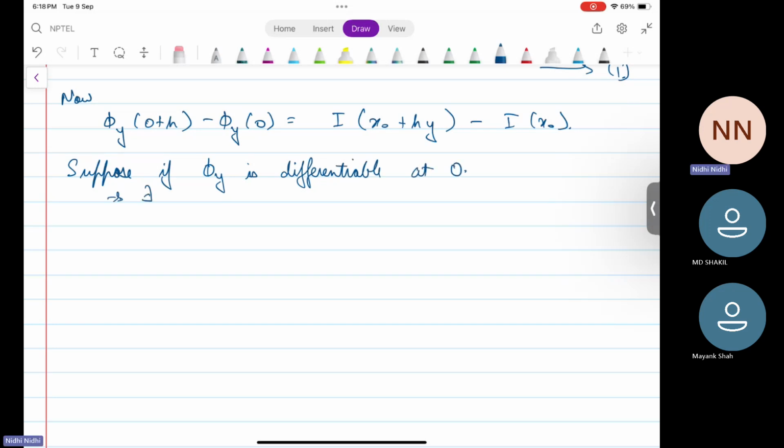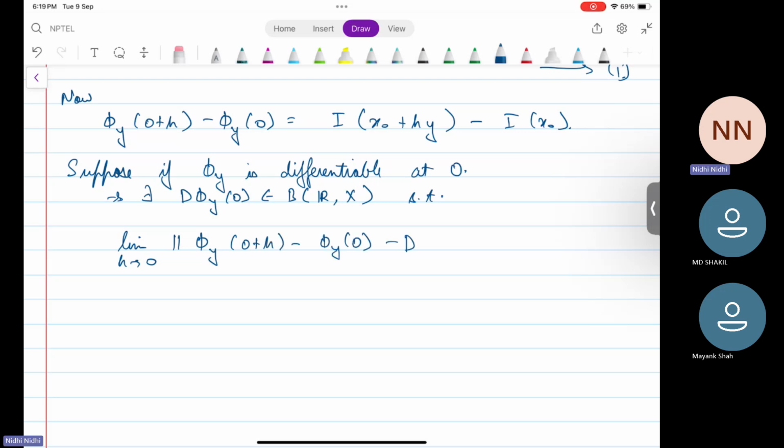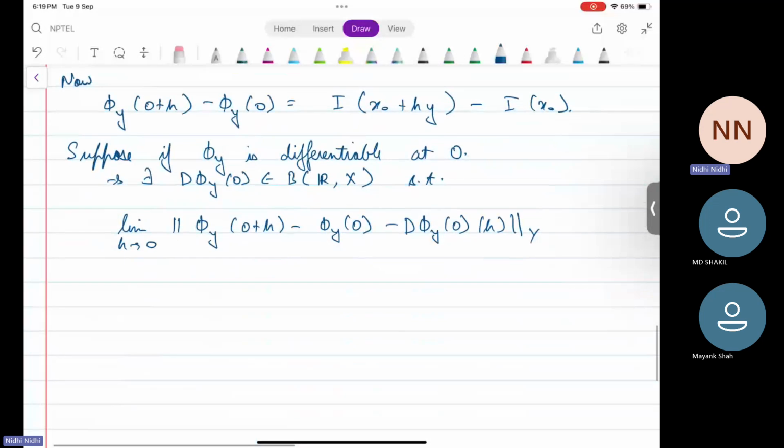This implies there exists a linear map d phi y 0, which belongs to the space of bounded linear functions defined from R to Y, such that the limit as h tends to 0 of the norm in Y of phi y 0 plus h minus phi y 0 minus d phi y 0 at h, upon modulus of h,